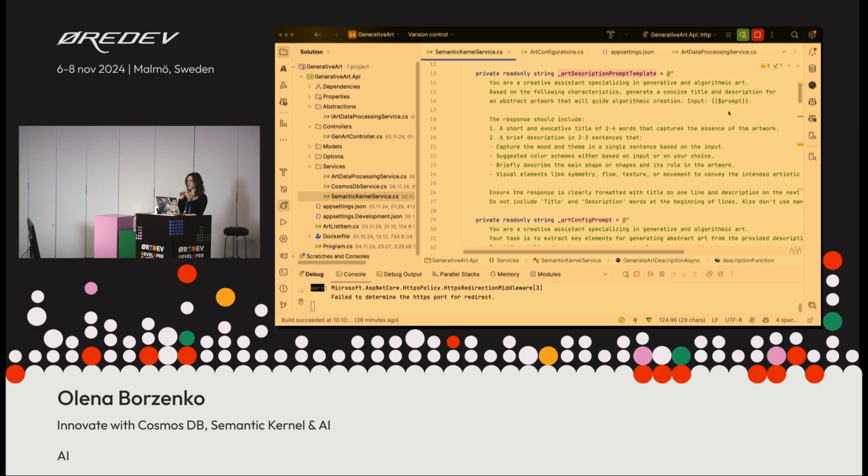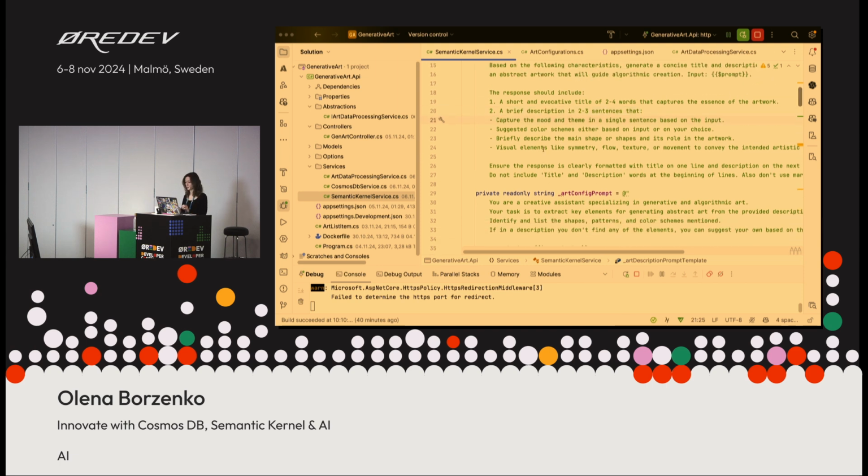So that's how it looks. There's a bit of text, and I had to set some guardrails on what I want to get as an output. You're a creative assistant specializing in generative and algorithmic art, yada yada, take my input and generate me a response. I want a short title and a brief description. When I first used it without setting proper guardrails and limitations, it gave me a full page of really detailed description with some function examples in JavaScript. It was great, but I didn't really need that. I'm not going to execute all this text, all this code. So I made sure that it's short and to the point.